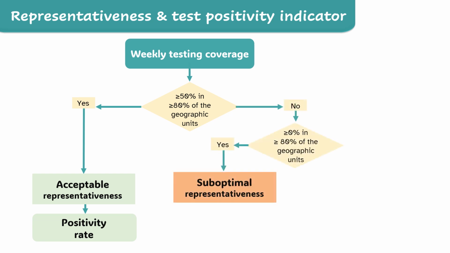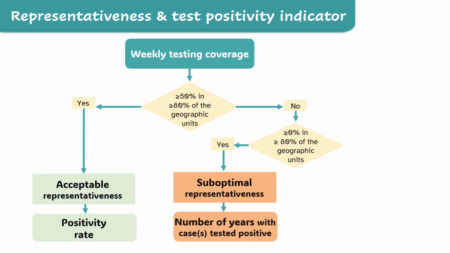If in at least 80% of the geographic units, at least one suspected case was tested on some of the weeks with suspected cases, but in less than 50% of the weeks, the representativeness is categorized as suboptimal. In that situation, the number of years with cases tested positive is the indicator on cholera tests in the priority